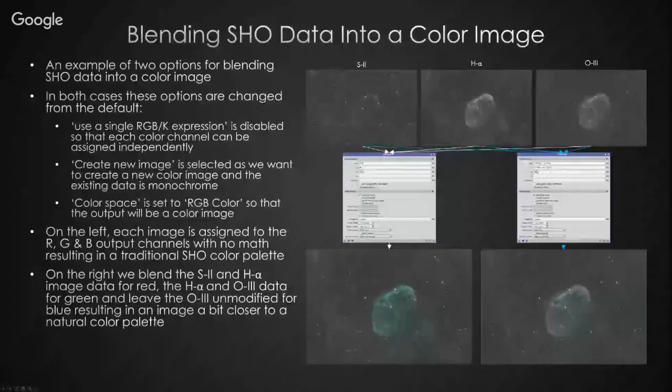And so you can kind of see the differences here, right? The one on the right gives something a little bit closer to a natural color palette, meaning the stuff that's roughly red is roughly red in the image, the stuff that's roughly blue or green is roughly blue or greenish,